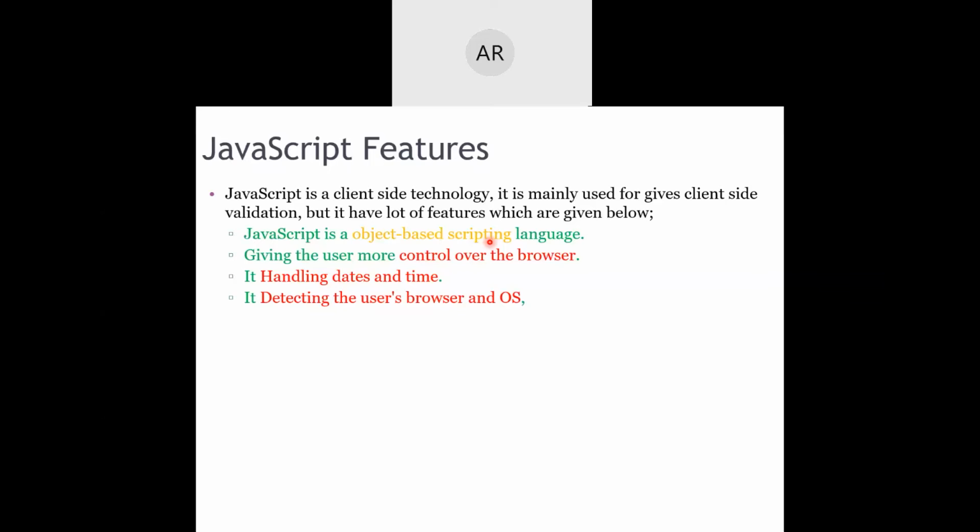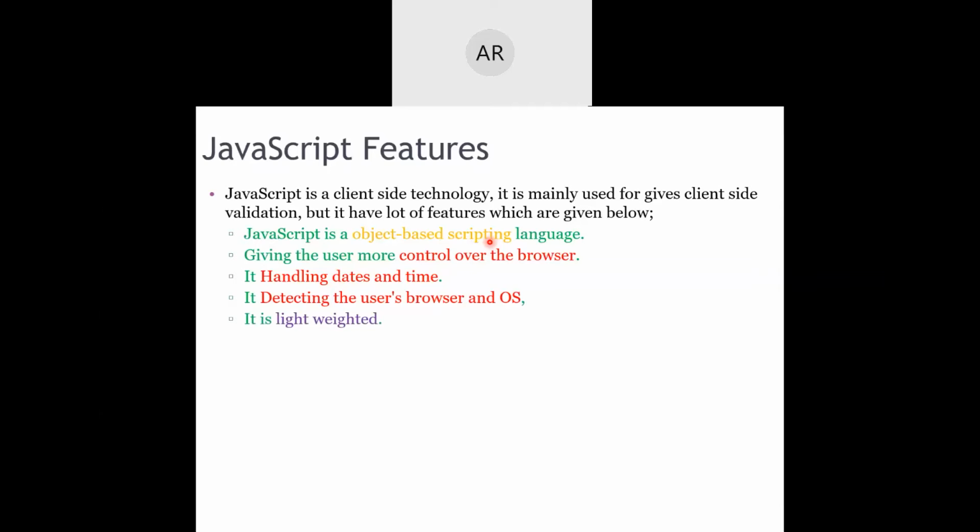And if you try to open the website using another browser or another type of operating system, it will give you an error message telling you that it can be best viewed only using these browsers or operating systems. How is that detection being done? How does the server come to know that you are not using Internet Explorer at that time? It is because of JavaScript. It is used for detecting the user's browser and operating system.